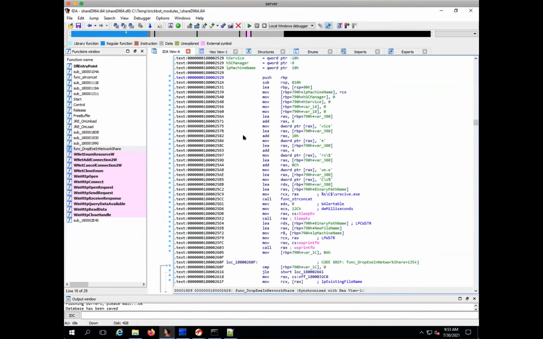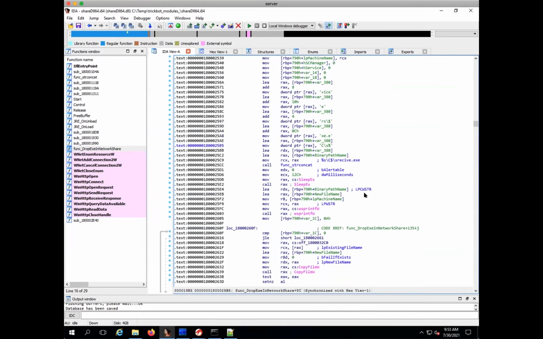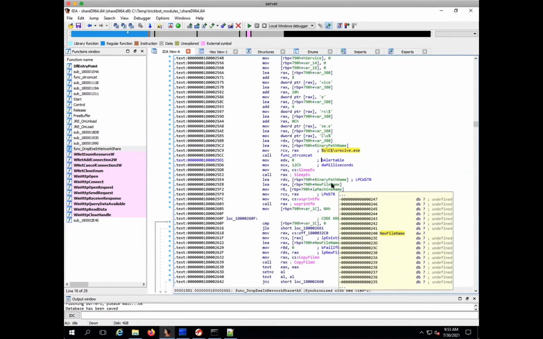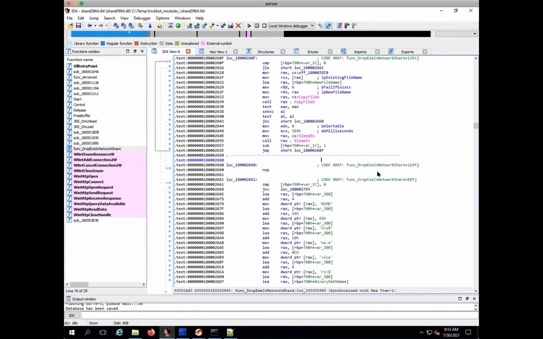This function tries to build a string on the stack pertaining to dropping a copy of Trickbot's malware to a network share using the CopyFileW API. So you can see it will try to drop in the C share and also